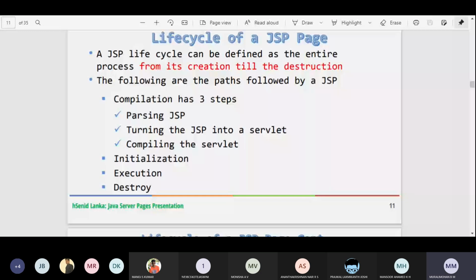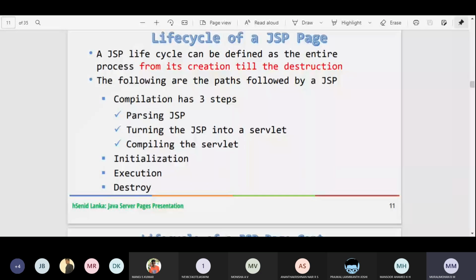Compilation takes three steps: parsing the JSP, turning the JSP into a servlet, and compiling the servlet. Next, initialization, execution, and destroy. This is the life cycle of a JSP page.